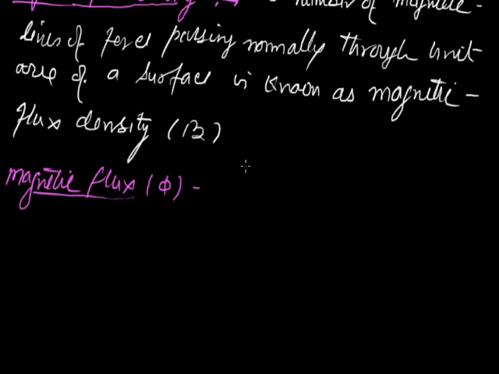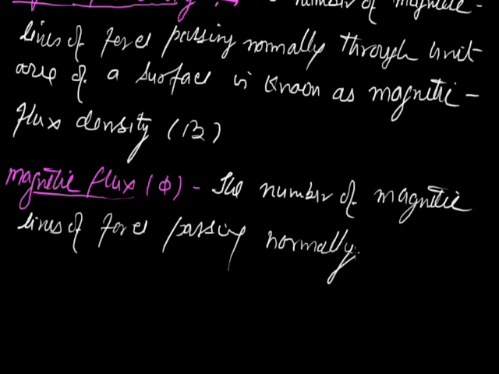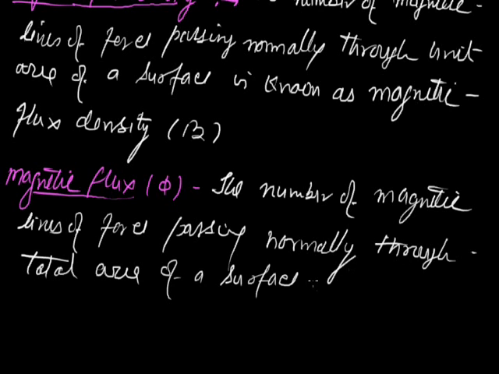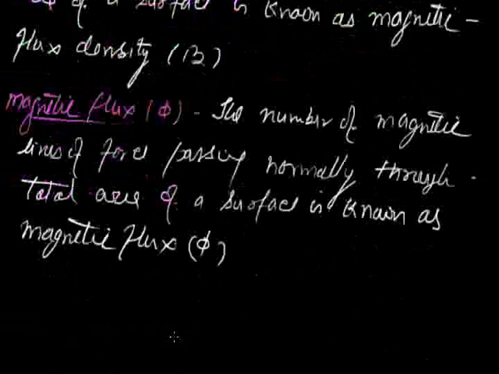The number of magnetic lines of force passing normally, perpendicular to the surface, through total area of a surface is known as magnetic flux, that's phi. With the help of figure,